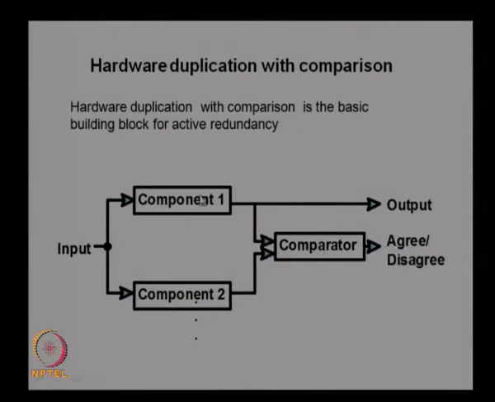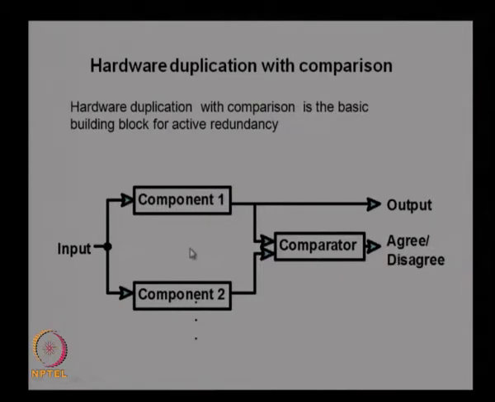Then it will be declared that component 1 is not in line with the expected output, therefore there is an error in this component. That is how we declare the error. If there is an output going from component 1, it will be declared as an error, therefore this output will be discarded and another output will be taken from component 2. So, if we have n number of components and there is an error in one, that will be declared and the output will not be taken from there; instead, 2 will be taken. Similarly, if there is an error in 2, the other one will be taken. So, like this, the duplication with comparison works.